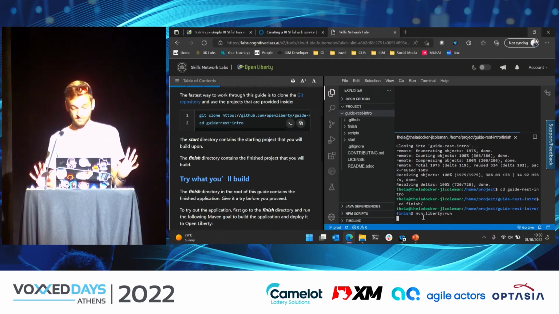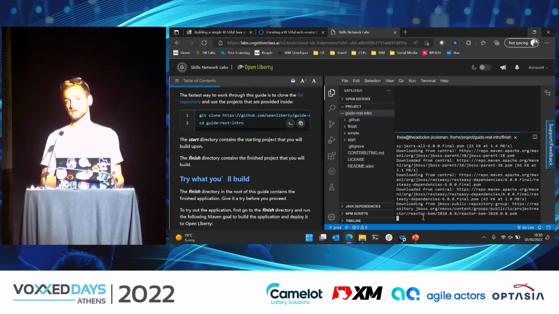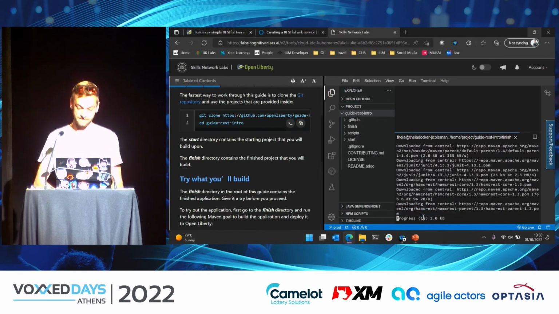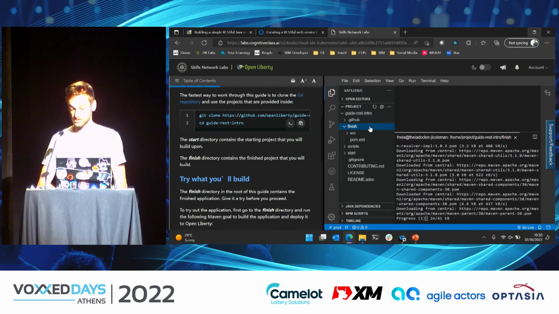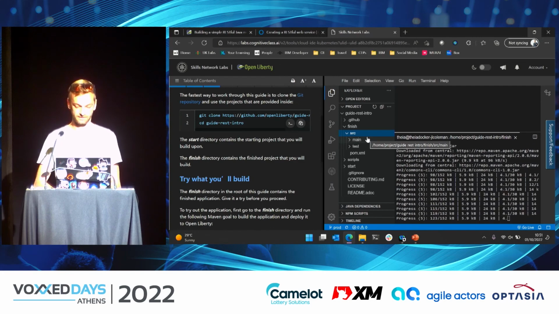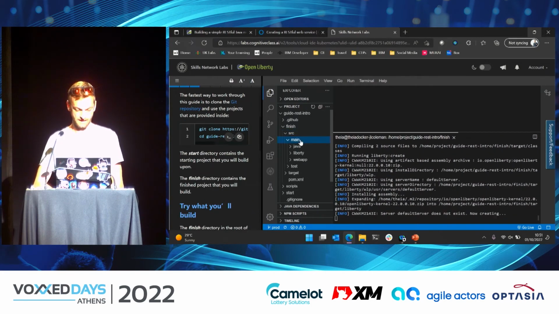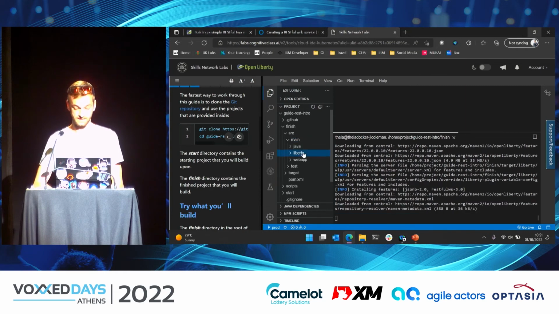Without class cache sharing on, anything like that. We're going to see how long it takes to boot up, and then I'm going to enable it, and we're going to see, hopefully, if everything works properly, that we should see some performance benefits in terms of startup. First time this starts up, it's got to download a load of stuff from Maven, so just bear with me for that one. But while it's doing that, I'm going to go and create the file I need to